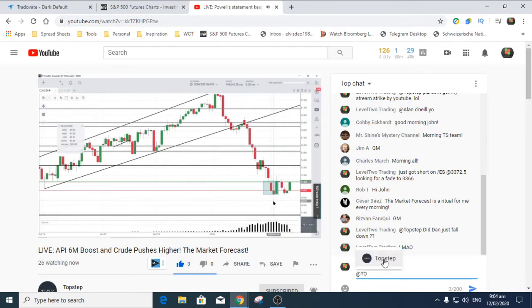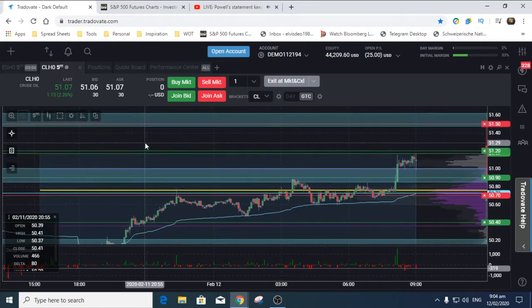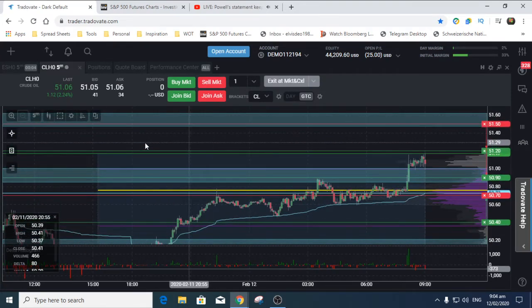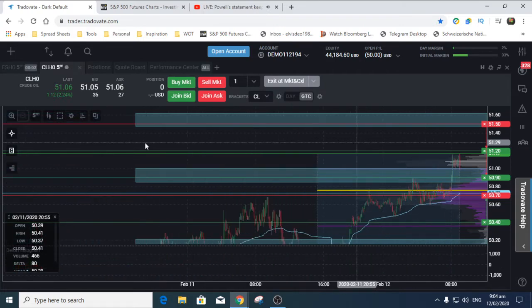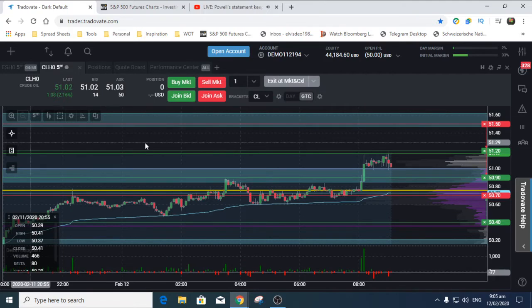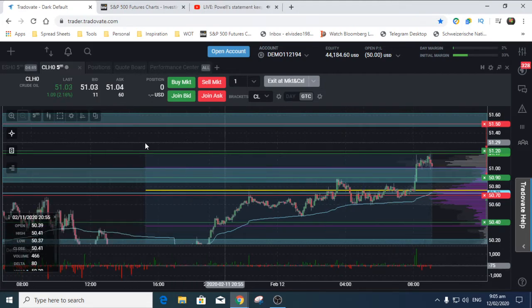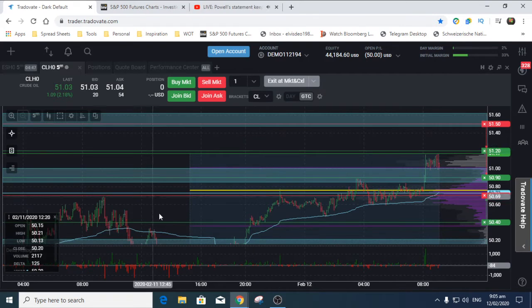Now, on the schedule, it says that the rollover is due to happen on Friday, but I'm thinking more like Monday should probably be the day we're going to switch. We'll discuss that as we get closer to Friday, and we'll see what the volume looks like on Friday morning. On Friday, either contract, the March or the April, will be perfectly fine to trade. Don't worry about being in the wrong contract, but think about moving to the April contract on Monday.